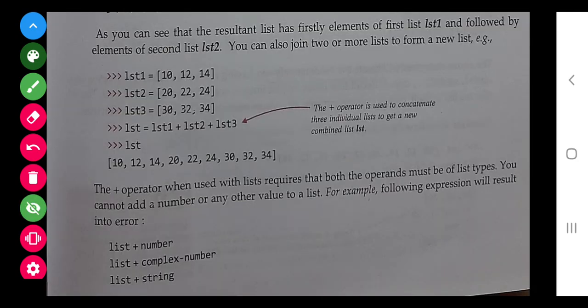As they have done here, list is equal to list 1 plus list 2 plus list 3. Now a new list has been formed with the name list, LST. You can use any variable name that you know, nothing to tell you about this.